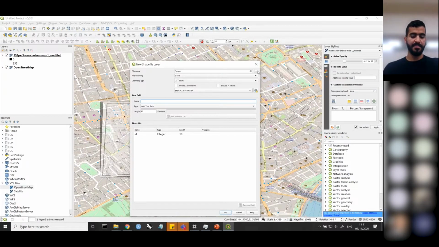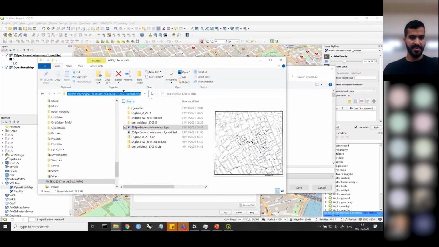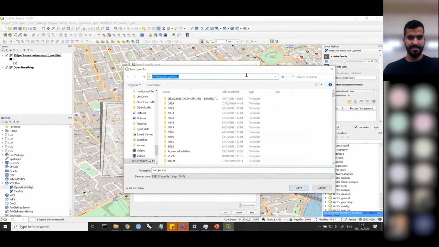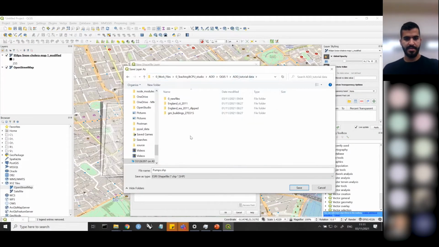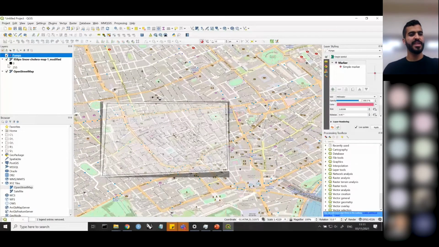So by the way, I need to save it to a location. So just click on these three dots and then save it to wherever you want to save it. Yeah. So I'll just bring it here. I want to save it over here. So the name is pumps.shp. Yeah. So shp stands for shapefile. And then I click save and then OK. And then you should have a new layer come up here,